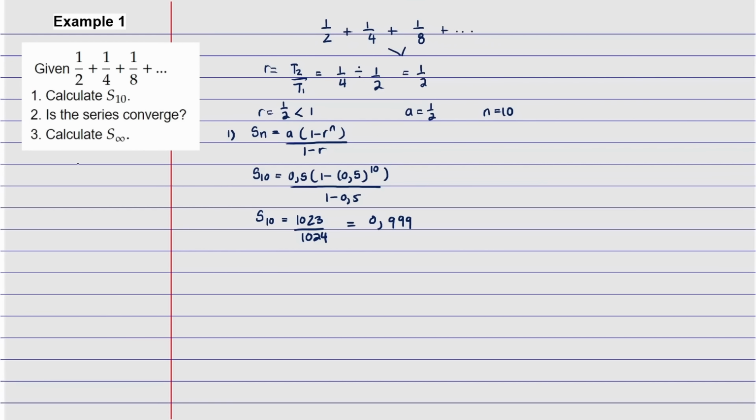Then number 2, it says, is the series convergent? And your answer is yes. And why is it convergent? Because we see the fact that r is between negative 1 and 1. Since r is between negative 1 and 1, then the series is convergent, because we see the fact that 1 over 2, which is r, is definitely between negative 1 and 1. So therefore,